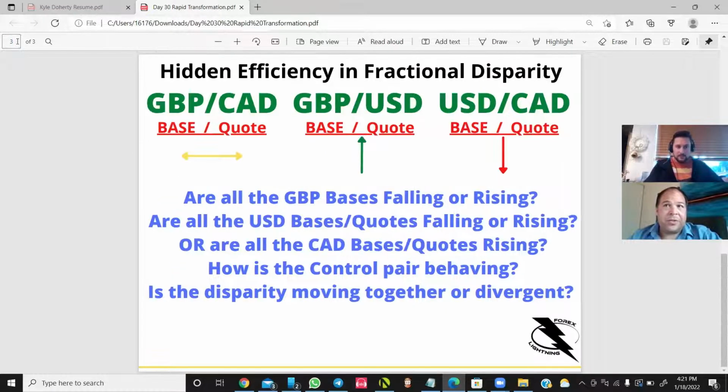And this works on every pair, right? So if you're looking at pound CAD, pound dollar, US CAD, here's another good example. Let's just say pound CAD. Sometimes you look at charts and they're just chopping around, right? That's your control pair on the backside of this move. So if pound CAD is just chopping,